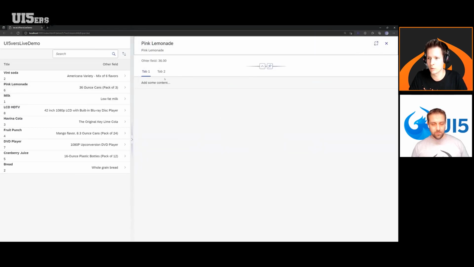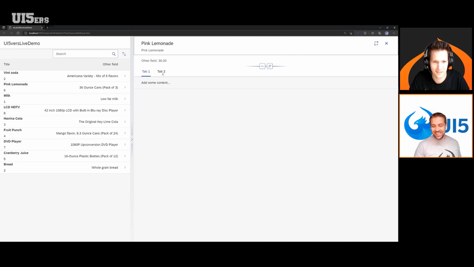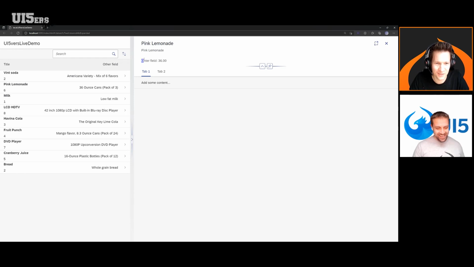When I select an item, it opens a detail page and it shows the title and the other field. I also added here, it's not bound. I didn't want to. That would be a good place for a contribution. Maybe someone wants to make a fix for this typo here. I just recently noticed it. We can also get the first contribution now from one. Let's see who is the fastest. Yeah, nice. I had to look quite well to see it.